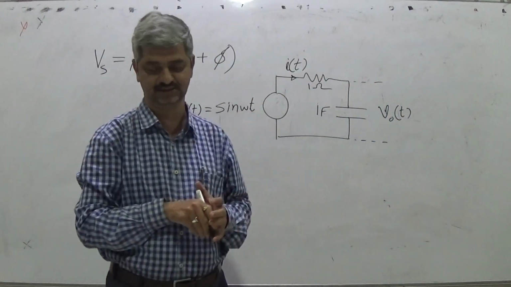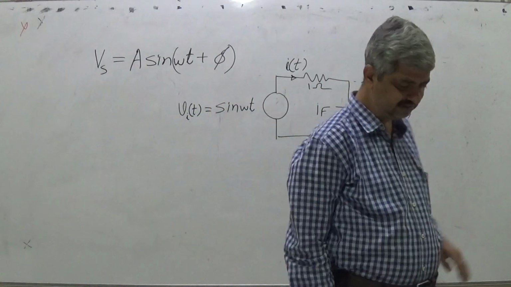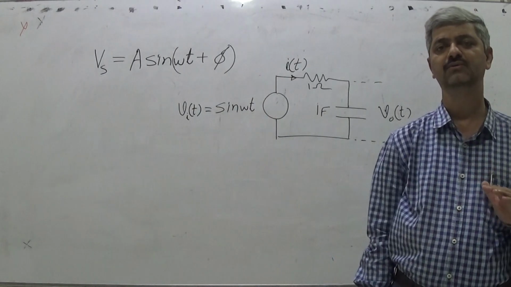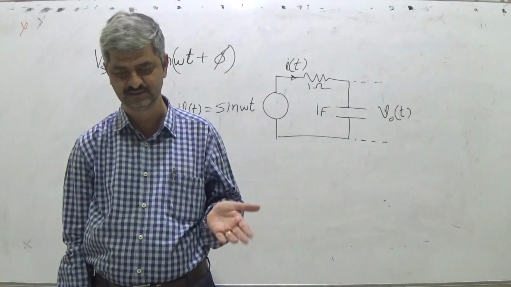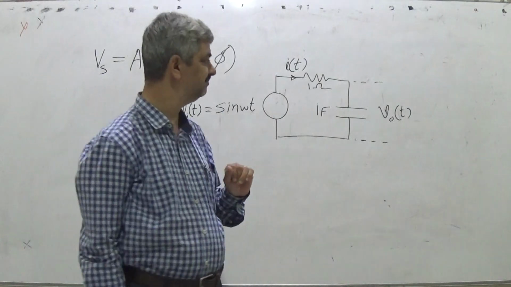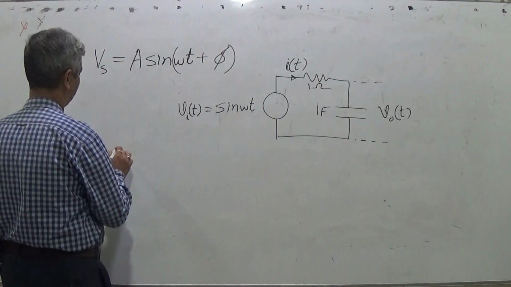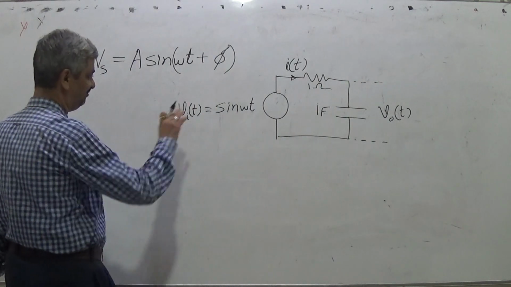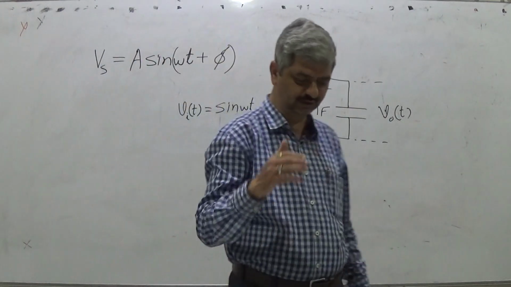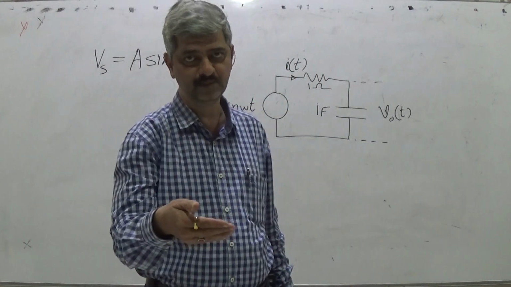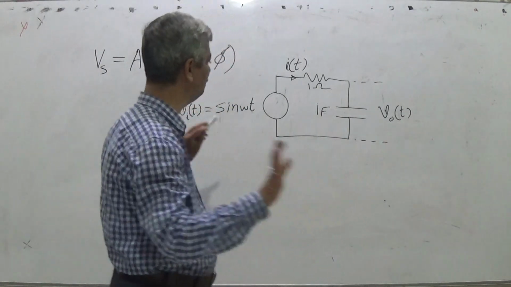the output across the capacitor. So we are at a very simple state wherein we know that for a capacitor there is a differential relationship, for a resistor there is a linear relationship. We have the concept of the capacitor. Now I will not give any hint. Those who want to try on their own should pause the video, try for some time, and then switch on the video again. So how do we proceed?